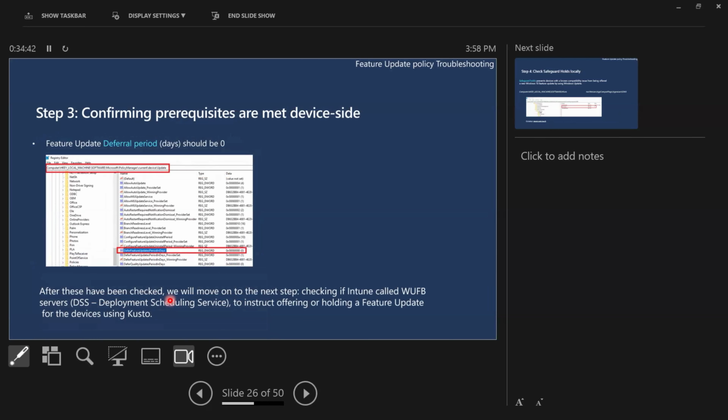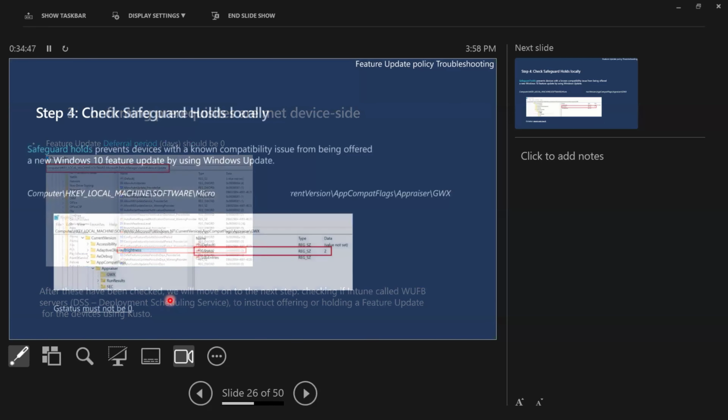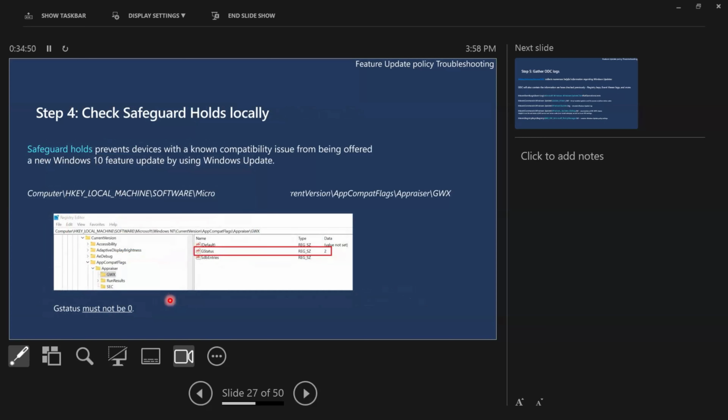Okay, so this is again, if you confirm prerequisites are met, yeah, the same different periods. Safety, okay. This is again a very important thing. Okay, so this is the safeguard